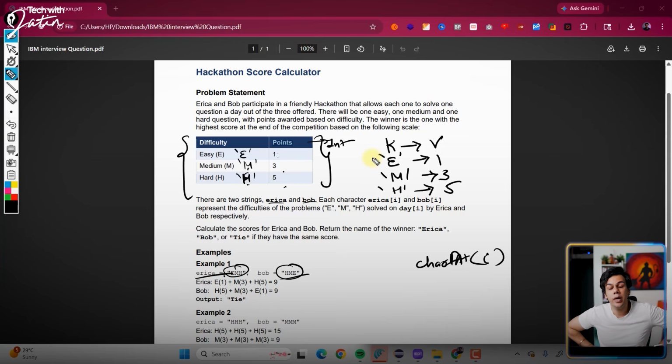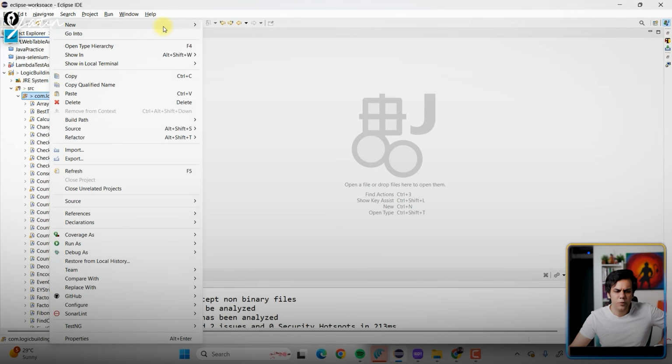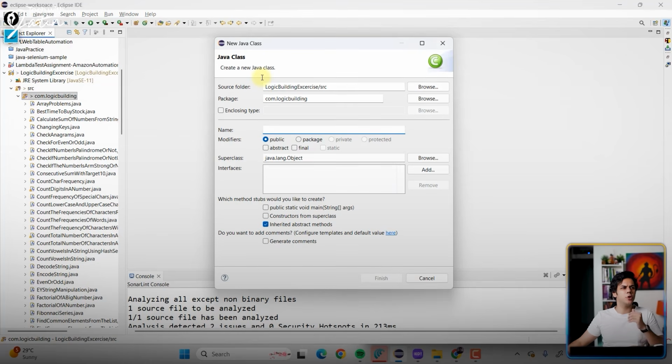Now, I want you guys to launch your Eclipse, and then we will start writing the code for the same. It's a very simple program. While writing the program itself, you're going to understand the logic. Okay, so let's get started. So I'm in the logic building exercise. Now we have solved so many questions that I believe any new question that comes into the picture should not be